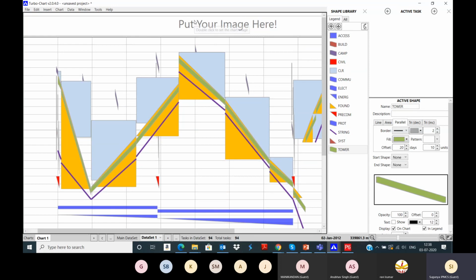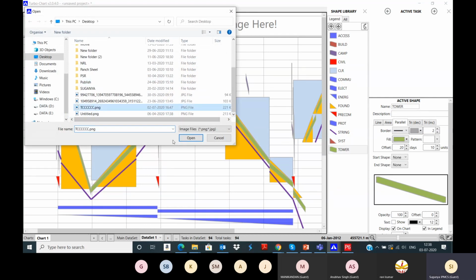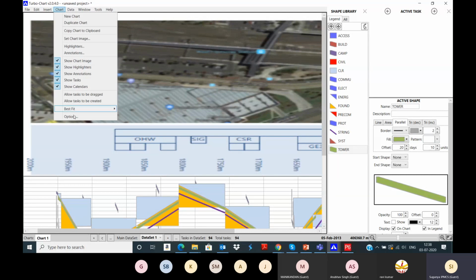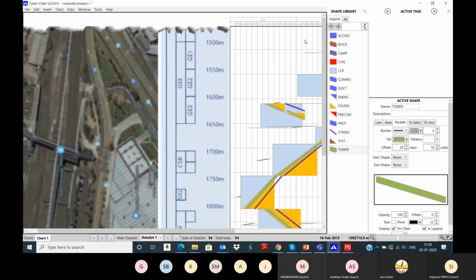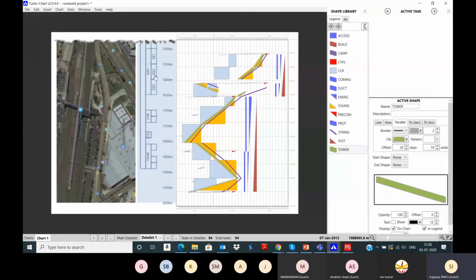And also here you can insert the image. So let me show you one small sample. Double click and attach the image. So you can go to chart. Select the vertical. You can see here, small images you can attach. So it will be a more visual representation and the reference will be useful, similar to the image.